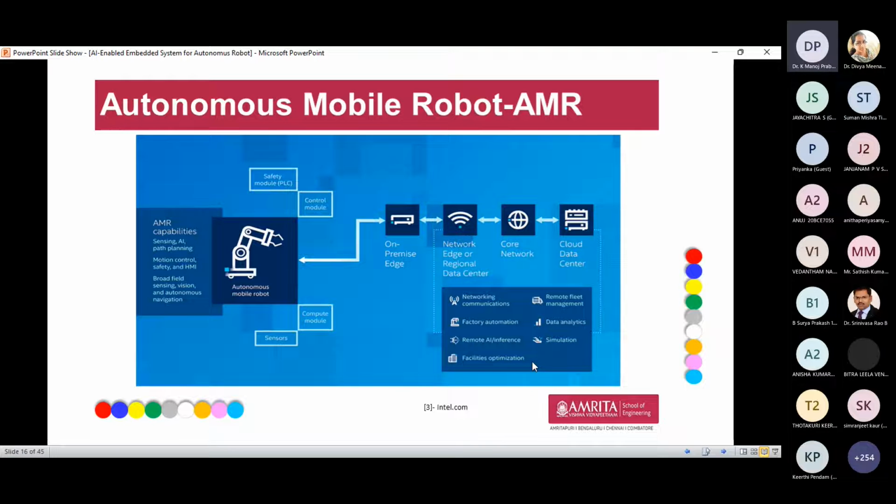So here you have to choose what type of application is to be taken for the autonomous mobile robot, and the sensing part and what type of algorithm can be implemented are very important. Nowadays, the recent technique is VSLAM, visual simultaneous localization and mapping, an algorithm which does the localization of the robot as well as the mapping. For navigation, we need mapping so the robot can understand what action it has to perform. So this is the main important algorithm, visual SLAM.